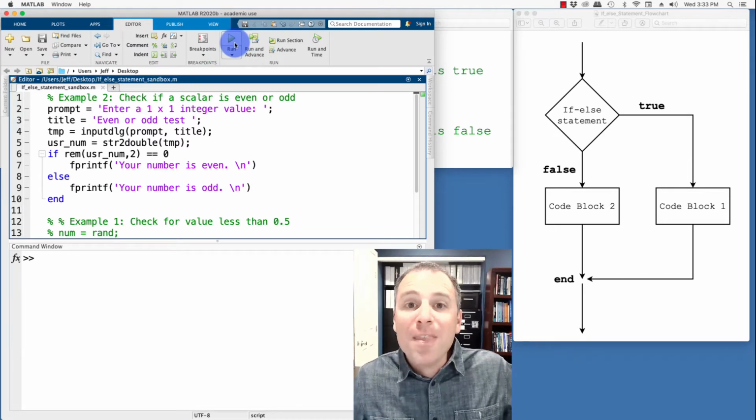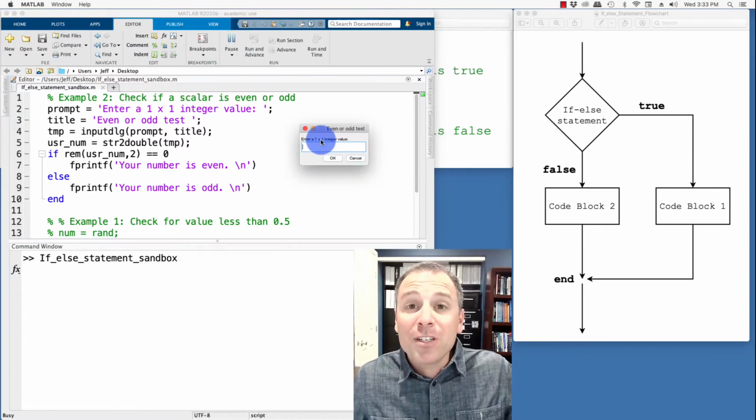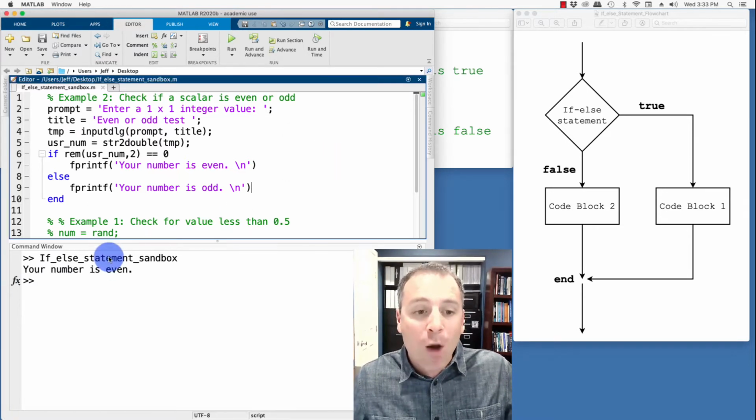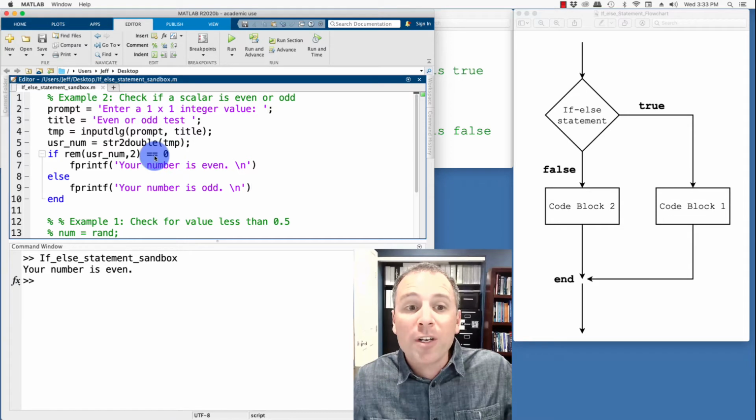Let's go ahead and run this code to test it. MATLAB produces this box. I'm going to go ahead and push 4 in and push enter. Now MATLAB stores that in temp, converts temp to a number, checks whether or not the remainder of that number when we divide by 2 is 1 or 0. In this case, we know that the number is 4. 4 divided by 2 is 2, and there is no remainder, so the remainder is 0. So now we print out your number is even. We do not actually print out the else conditions, and we go down to the end of our code.